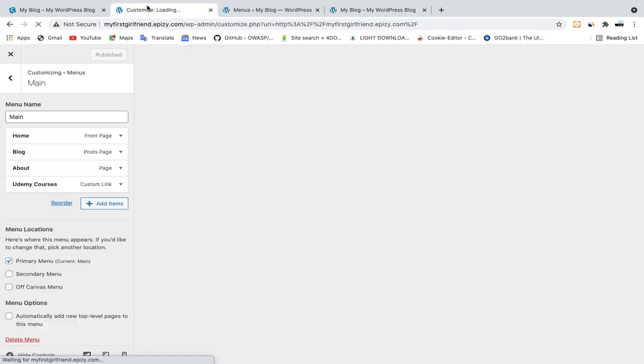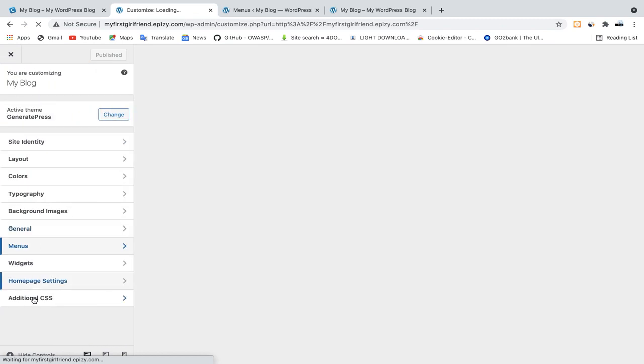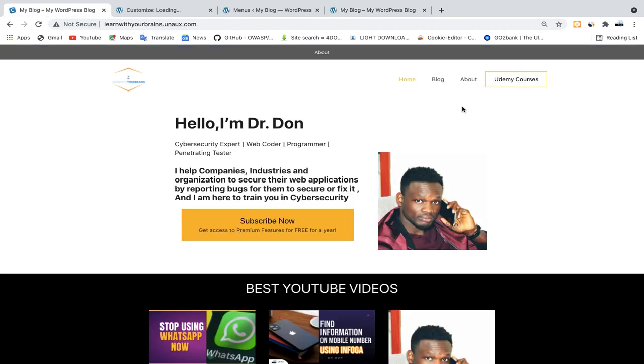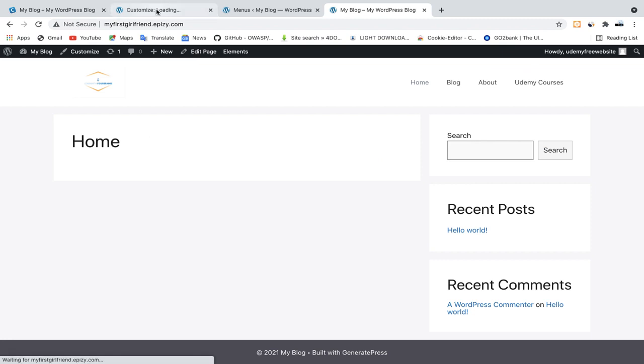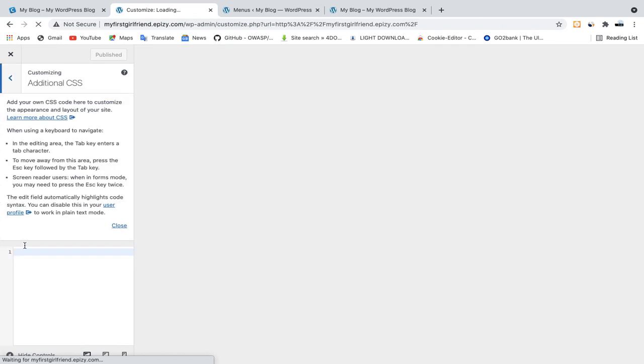So what we are going to do here is go back, and the main important thing now is the additional CSS, because we want our website, which is this, to look like this. So we need to write some code. We need to come back here, go to additional CSS, and start writing our code here. The code we are going to write is WordPress code, and I want you to follow along. All we need to do is type in dot main navigation,